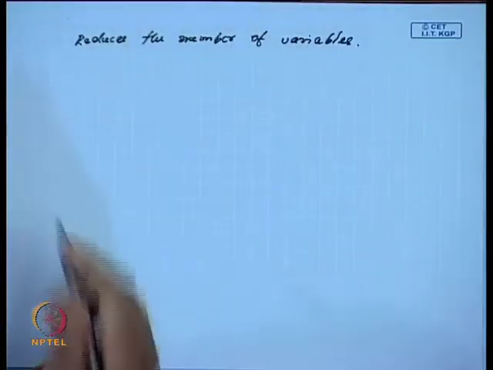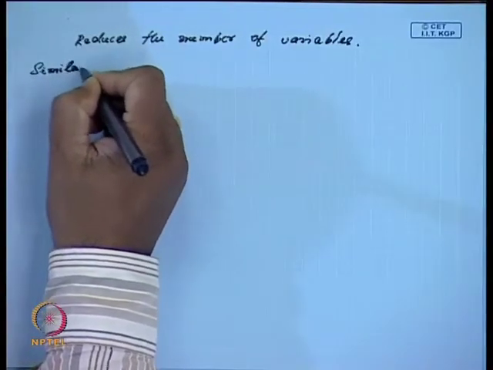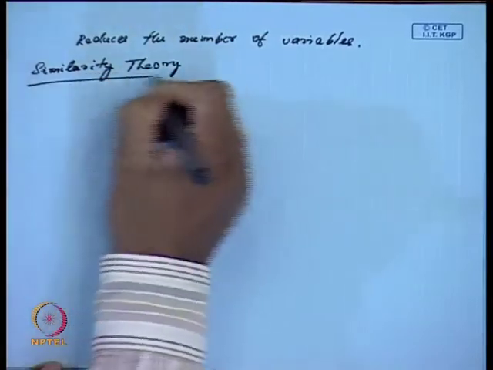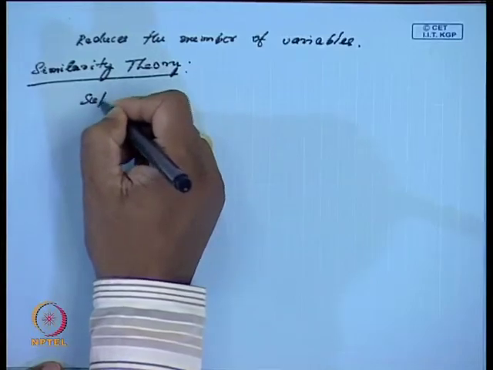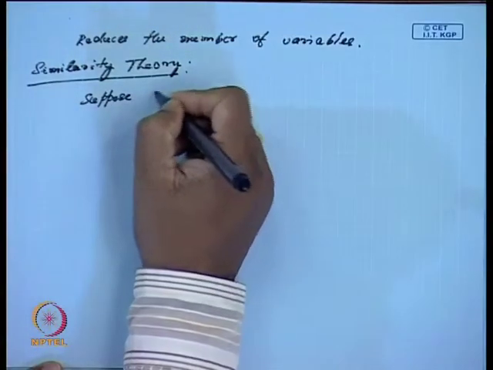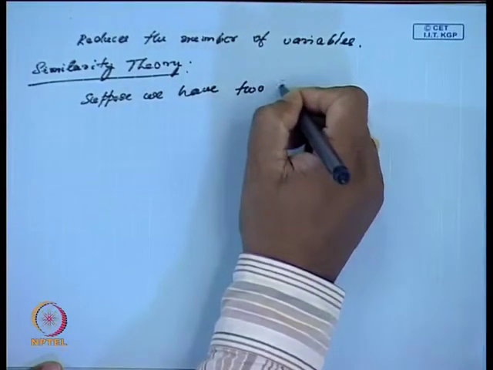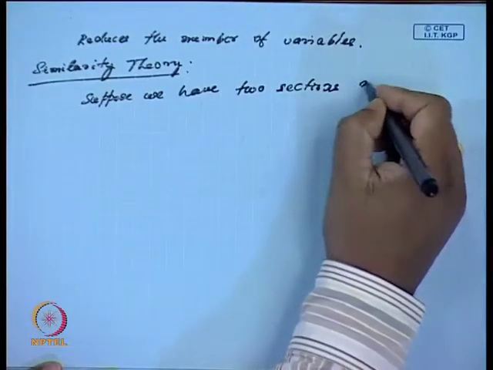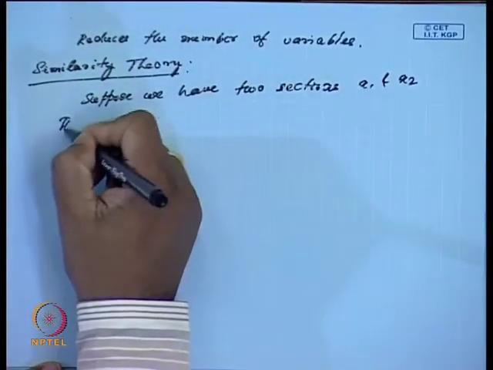So, basically what is similarity theory? Let us say similarity. What is similarity theory? The similarity theory tells us that for two arbitrary sections in the fluid flow, let the sections be arbitrary, x1 and x2, then the principal variable must satisfy